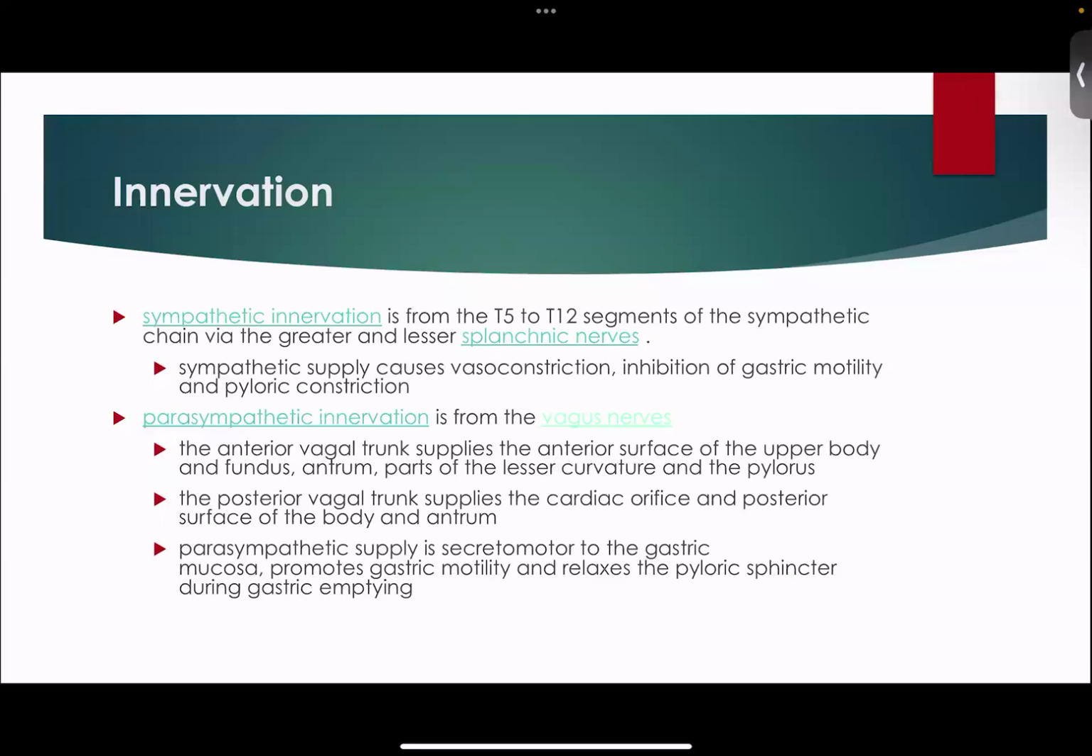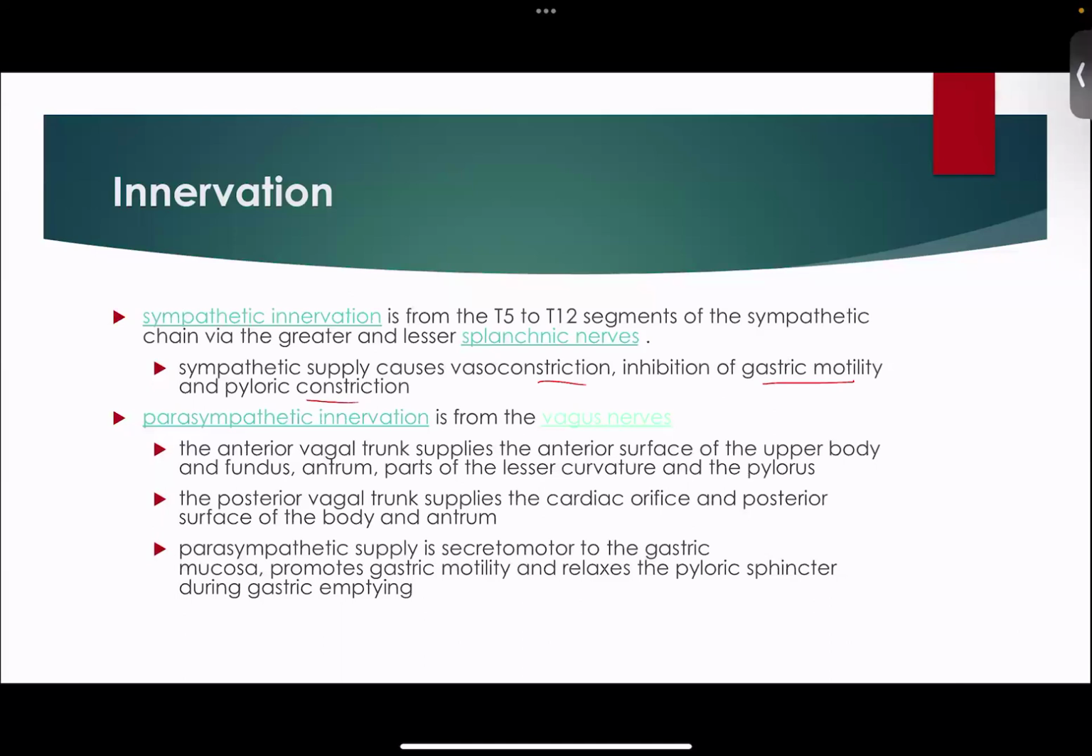The innervation of the stomach: we have sympathetic innervation and parasympathetic. The sympathetic is from the sympathetic chain, segments T5 to T12, via the greater and lesser splanchnic nerves. The sympathetic supply causes vasoconstriction, inhibition of gastric motility and pyloric constriction, while the parasympathetic is through the vagus nerve,